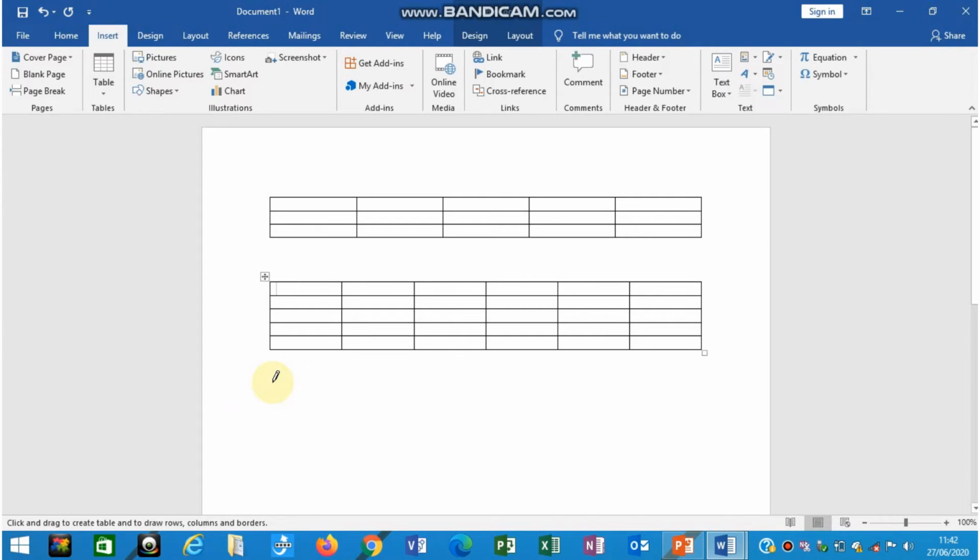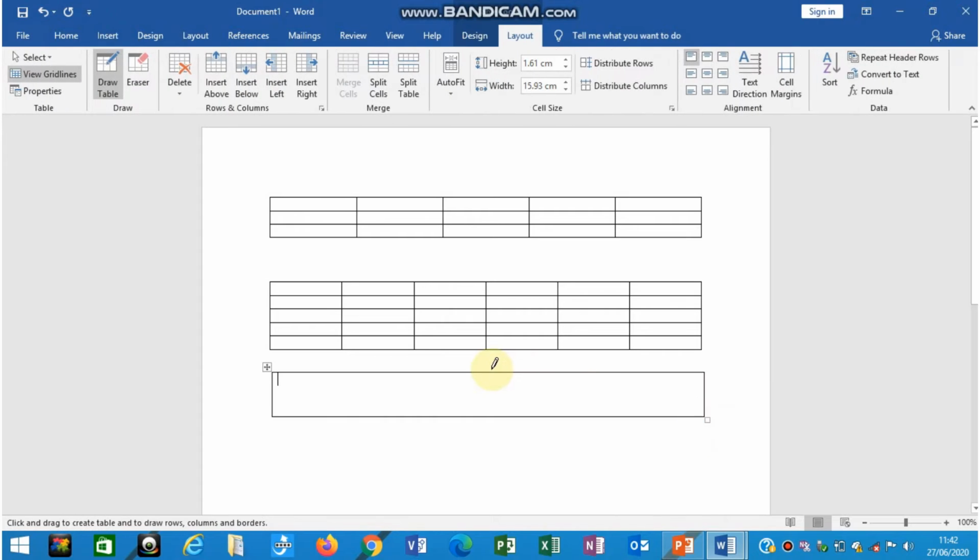Now I'm holding this mouse pointer by continuously left clicking my mouse. Here you can draw the table however you want. Suppose again, when you are done with that column, then you need to release your left click.